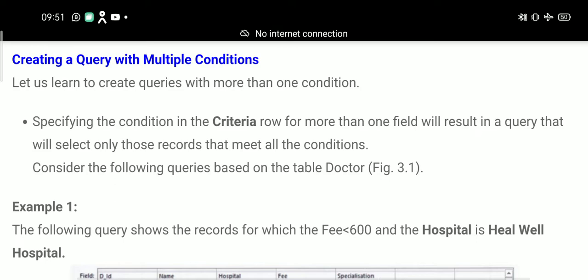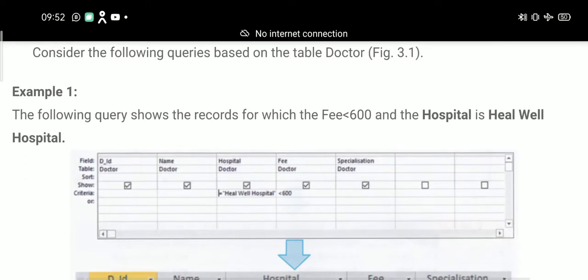As we know that a query is always applied to any table. So first of all you have to select any table, then after you can apply a query with multiple conditions and it shows the result according to all given criteria or conditions. For example, the following query shows the records for which fee is less than 600 and the hospital is Hillwell